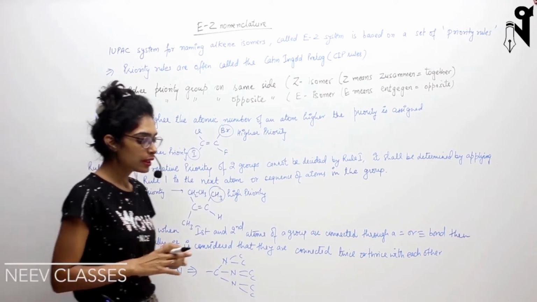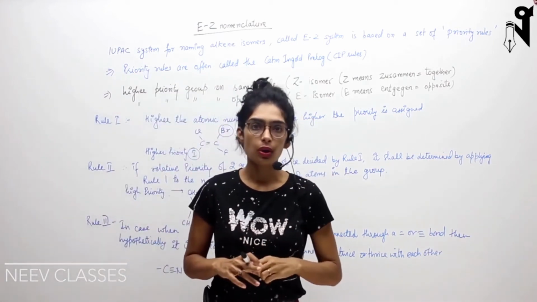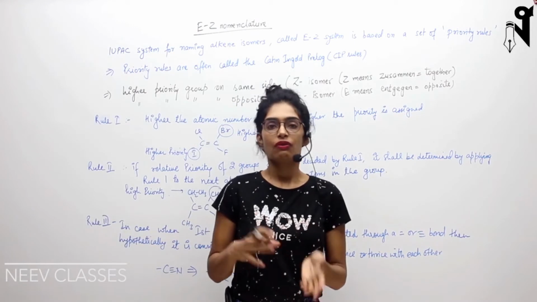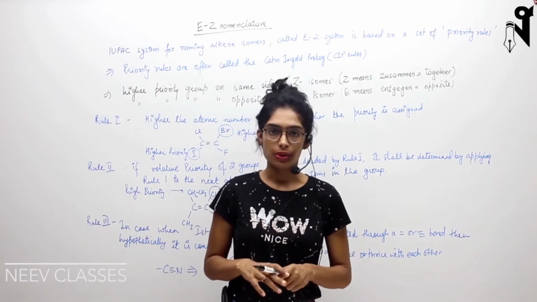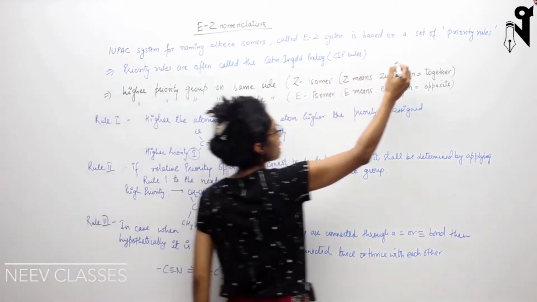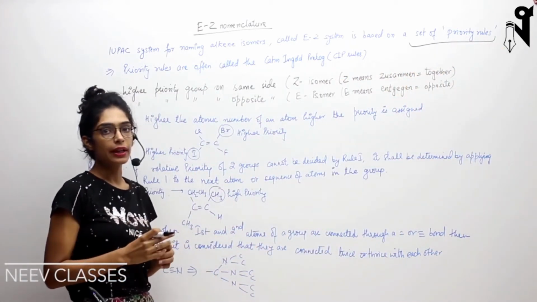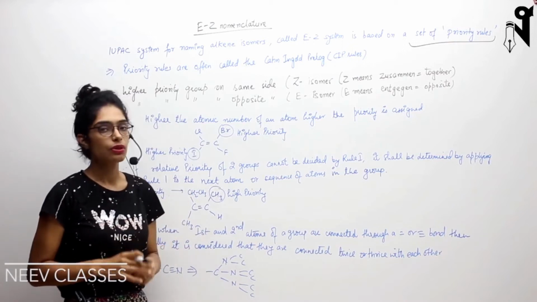Now, where do we use this E and Z isomerism? We use it where generally there are 4 different groups present on the carbon double bond carbons. So where cis and trans cannot work, we preferably use E and Z isomerism. Now, E and Z isomerism is based on a set of priority rules. Basically, we need to understand what different rules will decide which particular molecule is E and which particular molecule